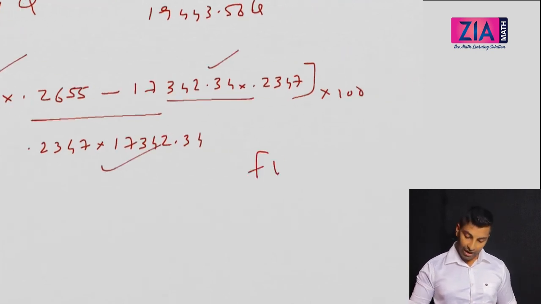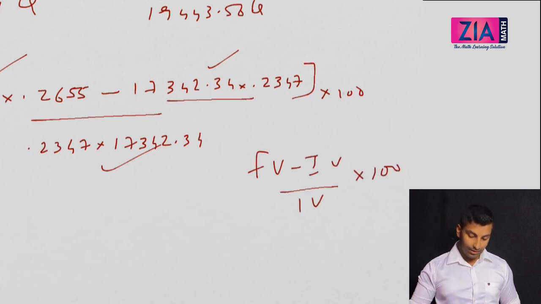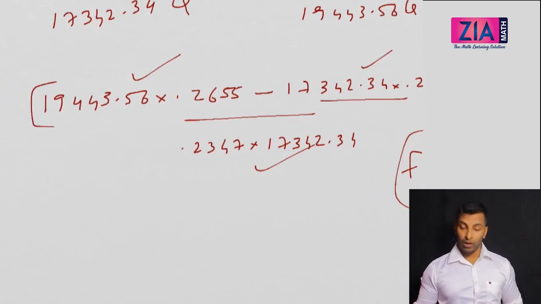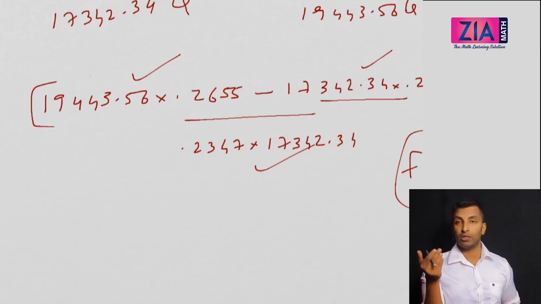What we have done is final value minus initial value divided by initial value into 100. Thus anyone can write, but how will you do the calculation? We can use the same method that we have learned just before. See, what you can do is you can approximate, because you are dealing with options. When answer options are there, you can always do these approximations, and I'll tell you how to do approximations faster